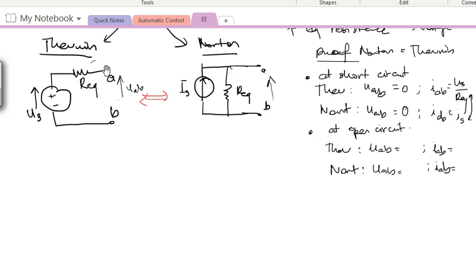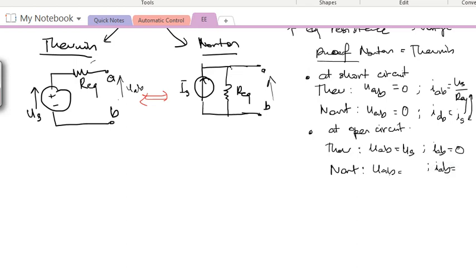If it is open, it means there won't be any current that circulates. If there is no current that circulates, that means our equivalent won't consume any energy. So the energy at this point will be equal to the energy at this point, and the energy at point B will be equal to the energy at this point, the minus terminal. So UAB is exactly equal to US. Okay, for IAB, what is IAB equal to? The current that goes across point A and point B. When it is open circuit, there's no current that circulates, so it equals 0.